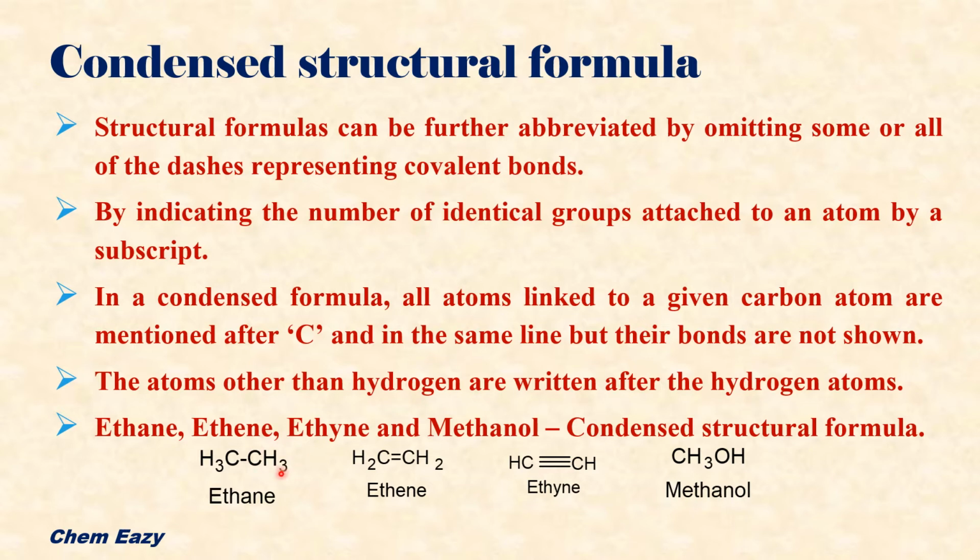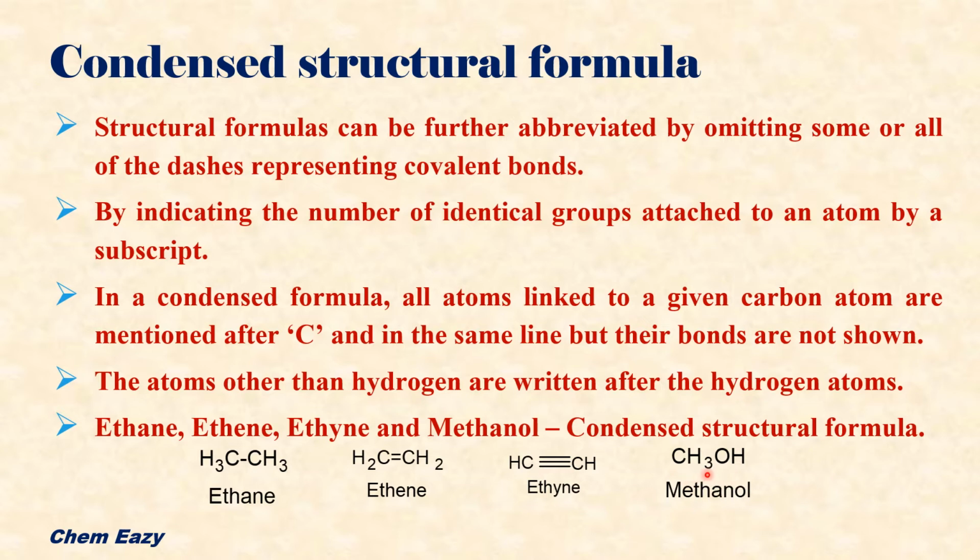And suppose if any other atoms apart from hydrogens are present, then it is written after hydrogen. So you can see here an example. Carbon with hydrogen, after the hydrogen this oxygen is mentioned. So the atoms which are other than hydrogen are written after hydrogen atoms. So this is a methanol structure. We can write as